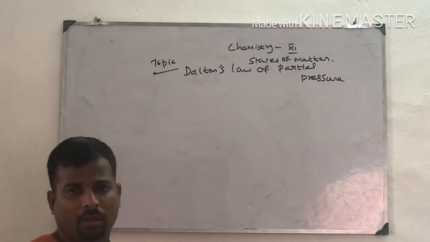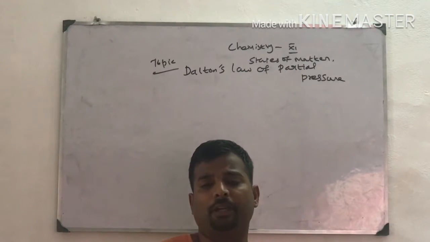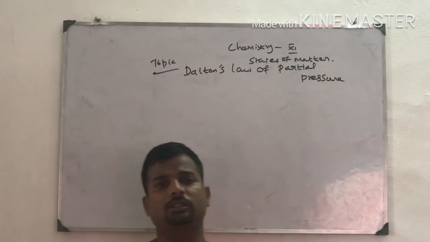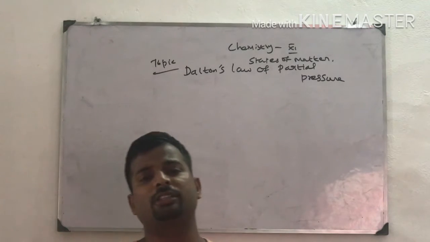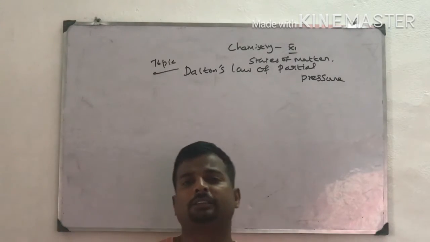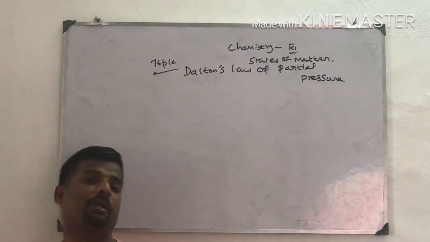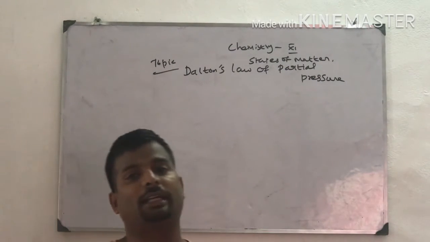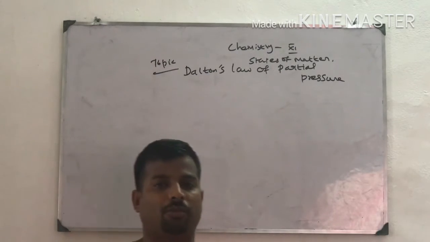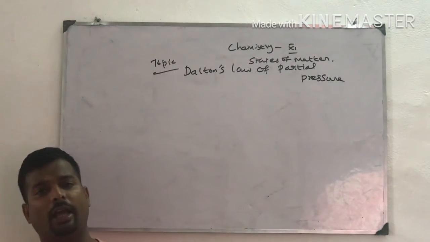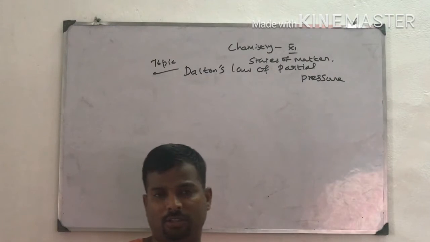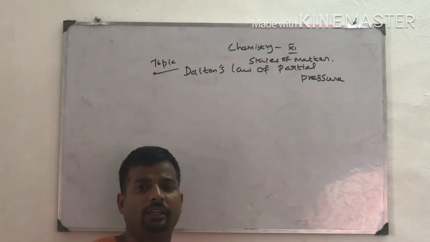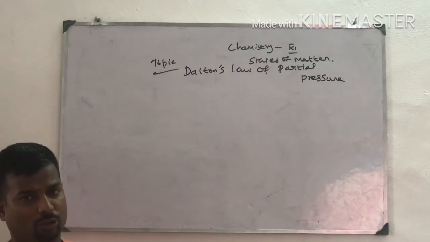Air is a mixture of many gases. In our day-to-day life, air contains oxygen, nitrogen, and traces of carbon dioxide, helium, etc. How do we separate these gases? How do you know the pressure of a particular gas in a mixture? For all these questions, the answer is Dalton's law of partial pressure. In 1807, John Dalton, a scientist, found the answer to these questions.